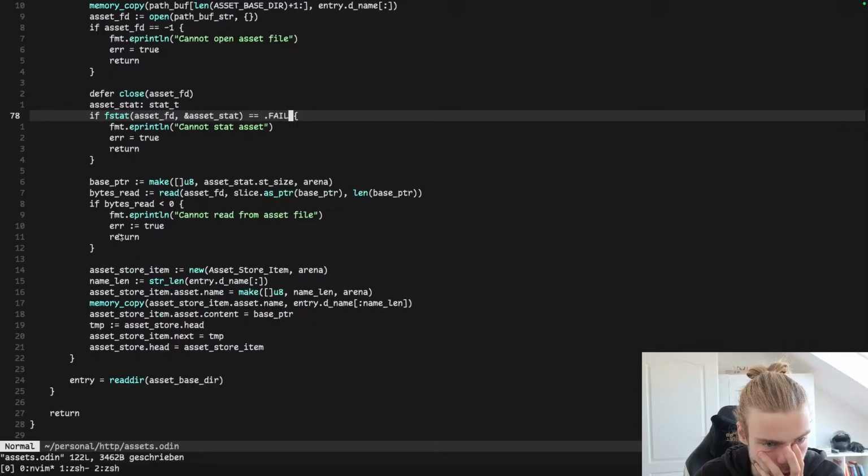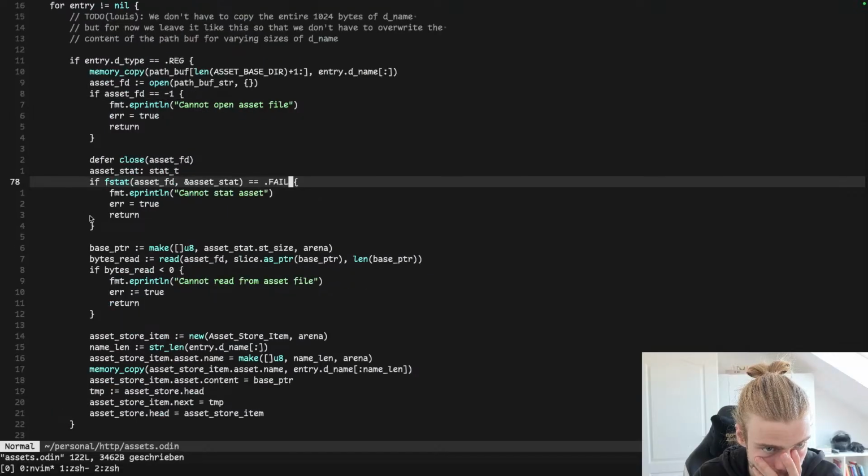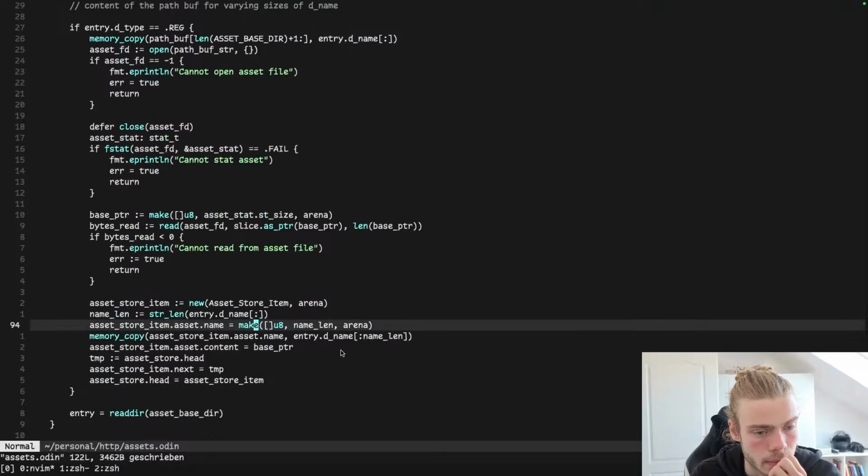Can I read from asset file? Where do we create the new one? Make, oh here, make, no. Okay, I don't really get where we do this,